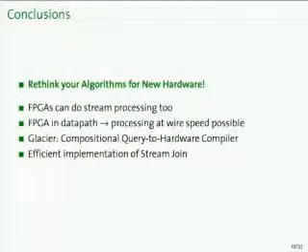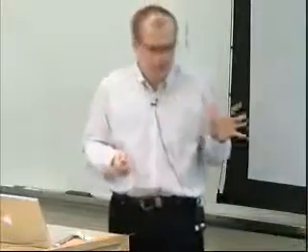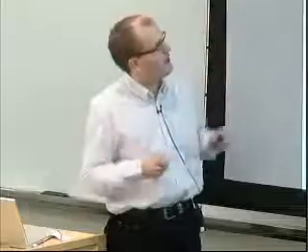So, wrapping up, I think it's important to rethink the algorithms. There's a brave new world of new hardware out there. What we've learned from the stream join is that if you start thinking out of the box, working on the FPGA, you're suddenly also able to backtrack that and translate it back into the CPU world. I'm happy to talk offline about how you can do stream join in traditional multi-cores.